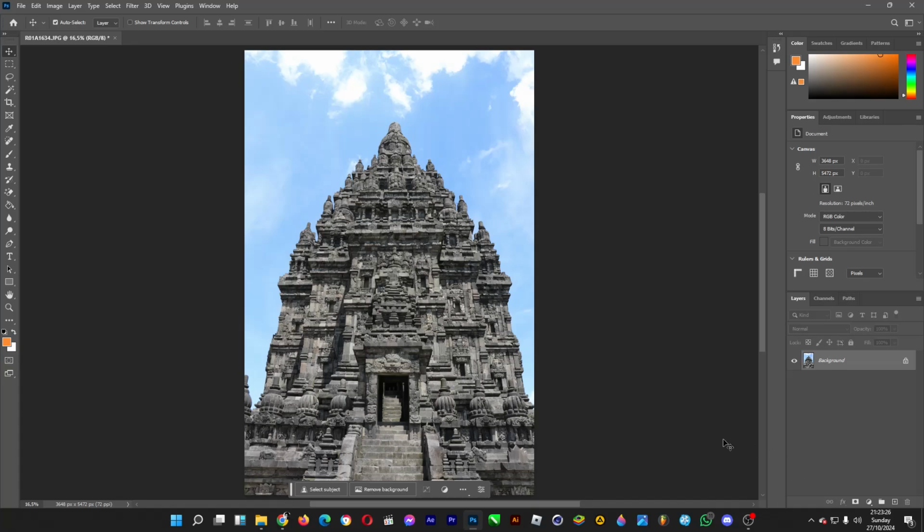If you're using Photoshop 2023 or later, like what I'm using, there will be two presets that you can use to remove the background, which are select subject and remove background. So select the image layer and then click on remove background to have the tool or the preset remove the background of this temple for you. And then when you're done, it will look like